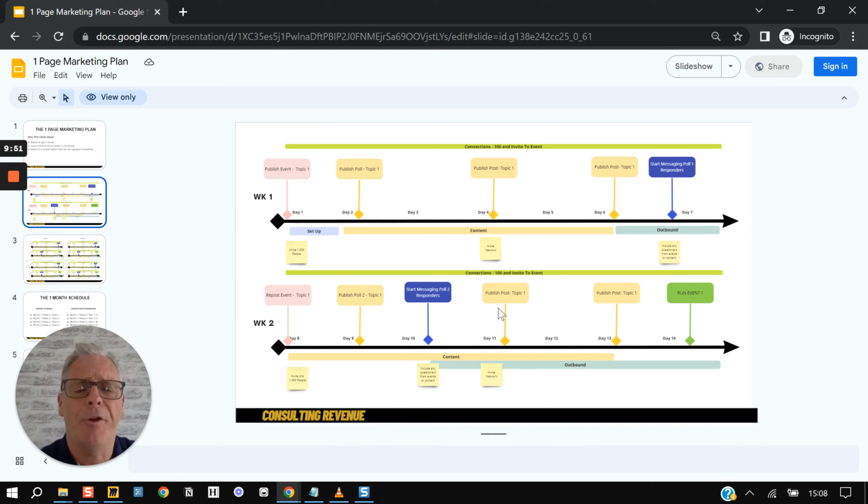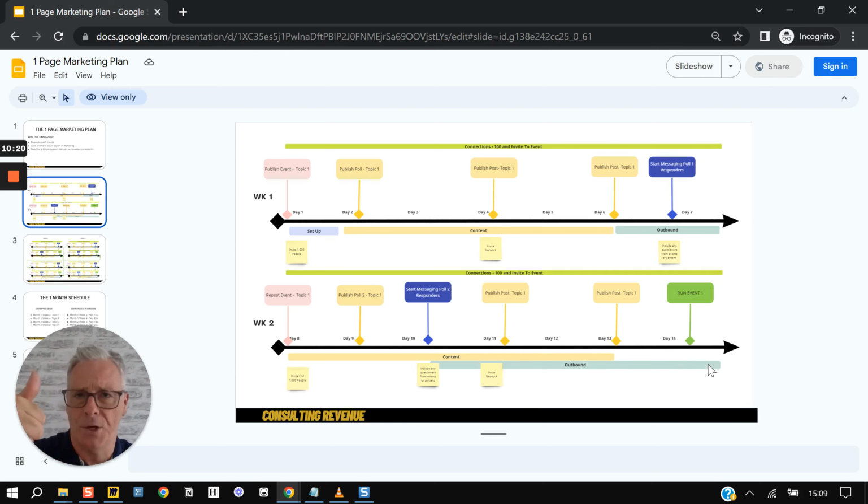Then on day 11, you publish your post again, relevant to the pain point or the story, relevant to the content piece. And then on day 13, you do the same with the last invite. And again, you can create multiple posts around that. You know, we're going live. So that is a repeatable, integrated marketing system for 2 weeks where you are building your credibility.